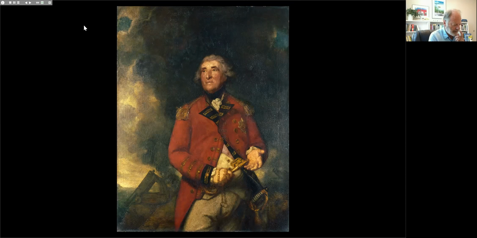Now, in this case, Heathfield was the general of the British fort at Gibraltar, which was attacked at various times, and he successfully resisted the attacks and kept the fort within British control. It still is to this day. You'll notice he's holding here a key, and this indicates his retention of British control of that fort.